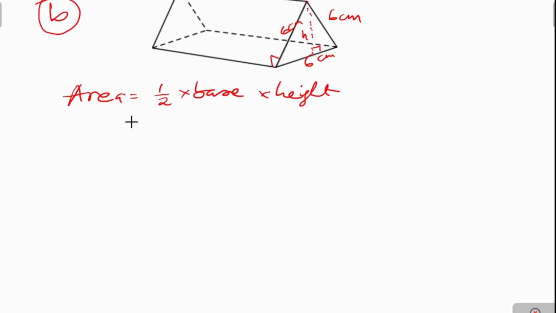Alright, so we have 1/2 times the base of our triangle, which is 6 centimeters, times height, which we don't know yet, but we can quickly work it out. So this is a right triangle, and if you have a right triangle for which you know 2 of the sides, then to find the third side,